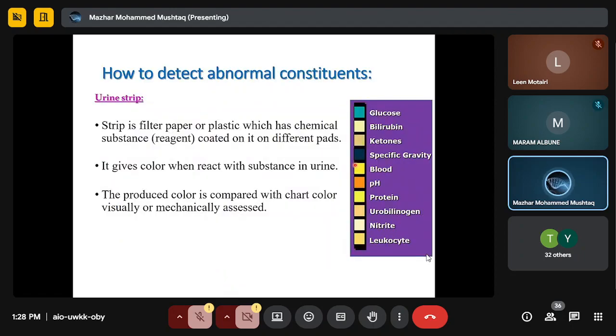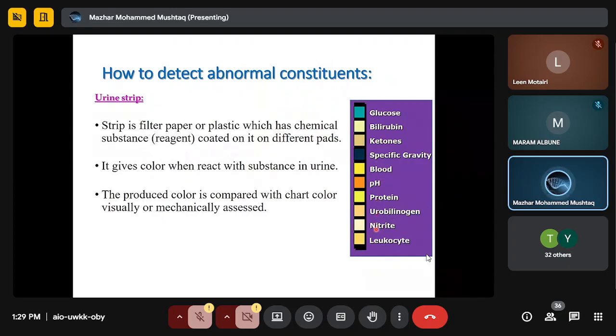Nowadays, in like 1 minute or so, we can measure the abnormal constituents. You may have seen this whole thing is a strip here. This stick is just dipped in the urine, and it can give you glucose, bilirubin, ketone, specific gravity, blood,